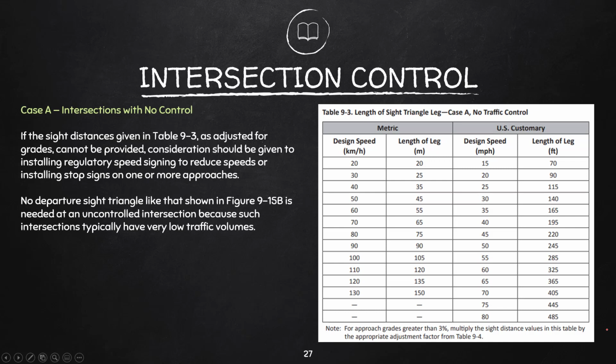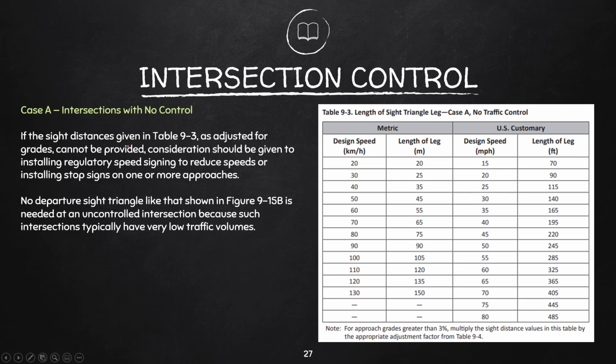No departure side triangle like that shown in figure 9-15b is needed at an uncontrolled intersection, because such intersections typically have very low traffic volumes. Okay, so we usually provide only approach side triangles, not departure side triangles,